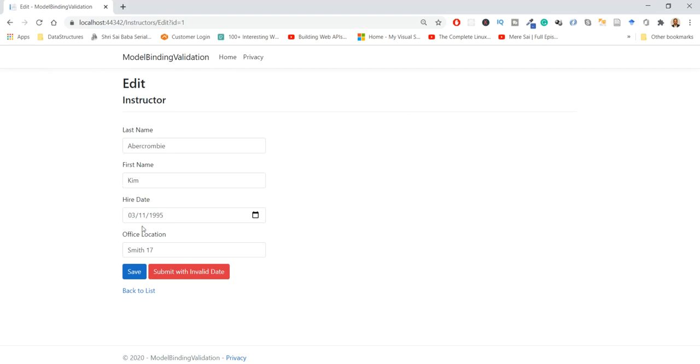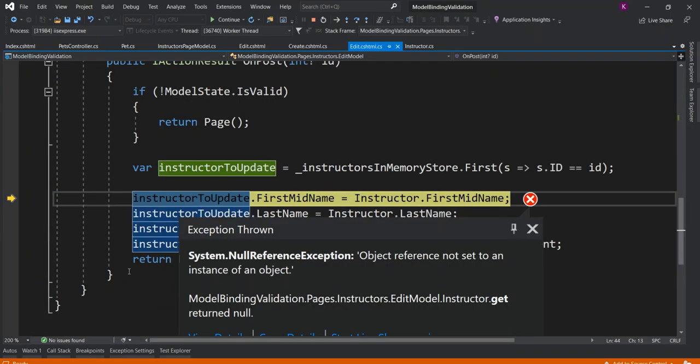Last name, first name, hire date are filled, and this is coming from the in-memory store database. If I change this and click on save, let's see what happens.